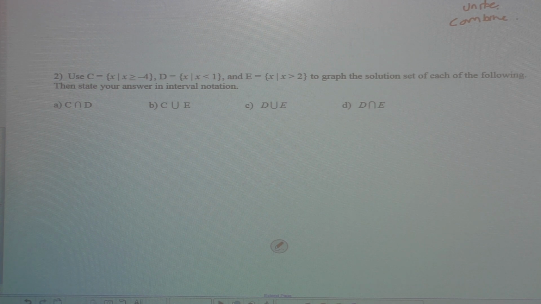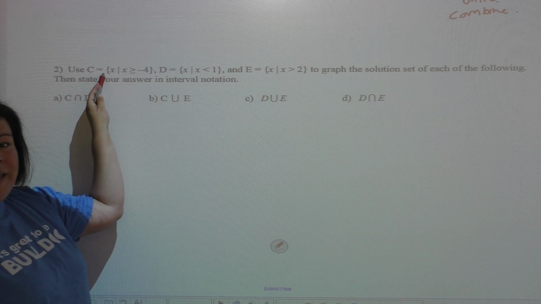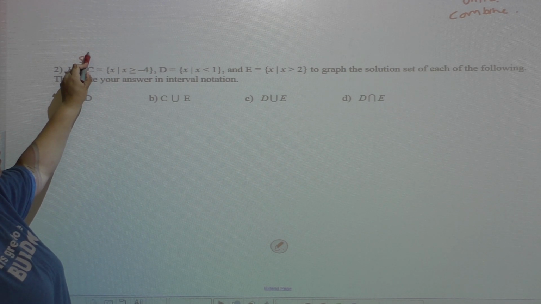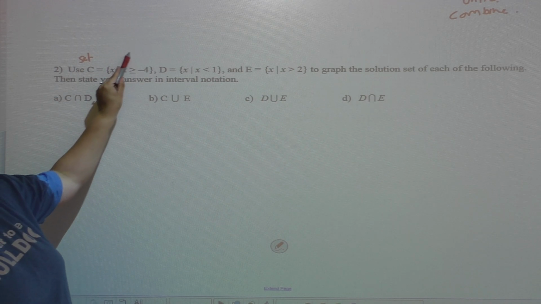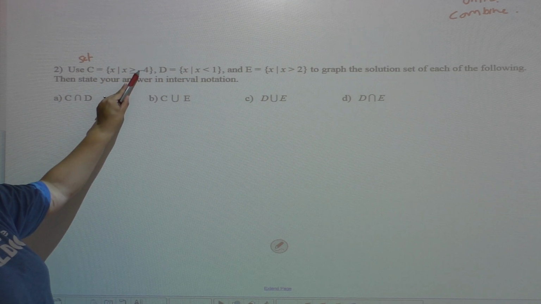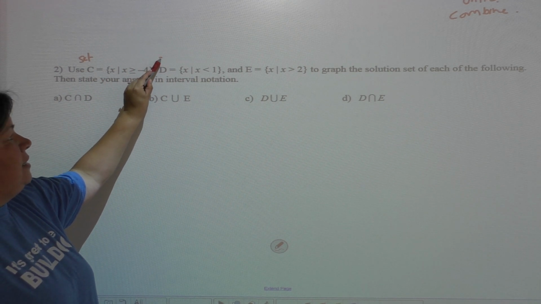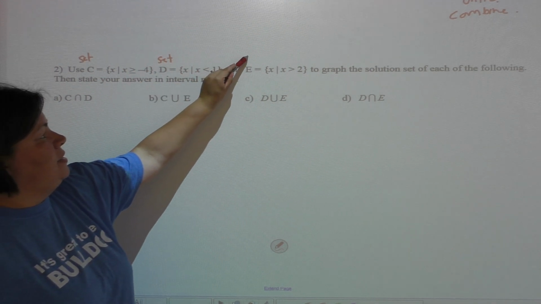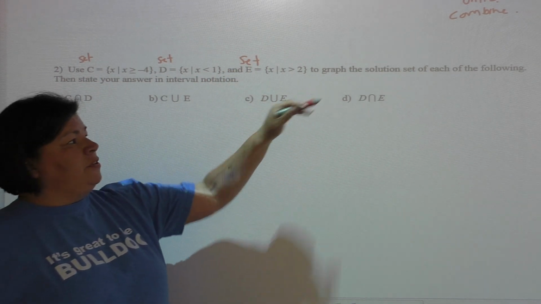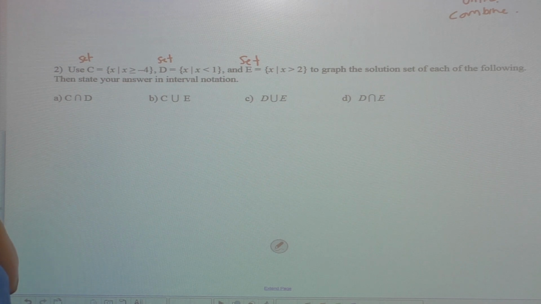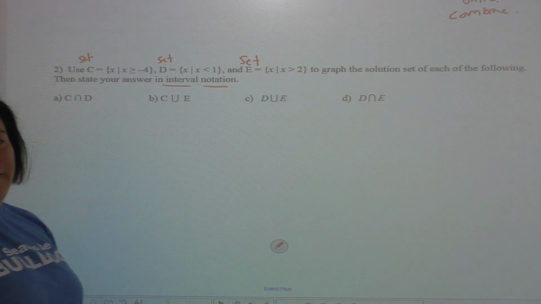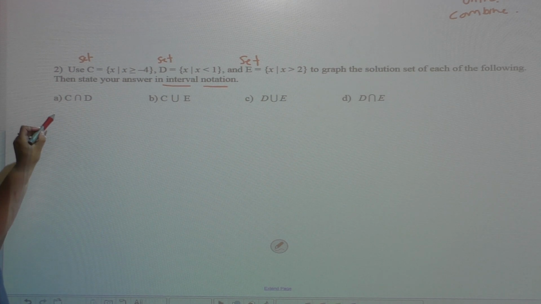Now, again here, they're saying use C, which really means use set C. So they're telling us that this is the solution to set C, this is set D, and this is set E. They want us to graph the solution set to each of the following. Then state your answer in interval notation. Okay, so right now they want us to